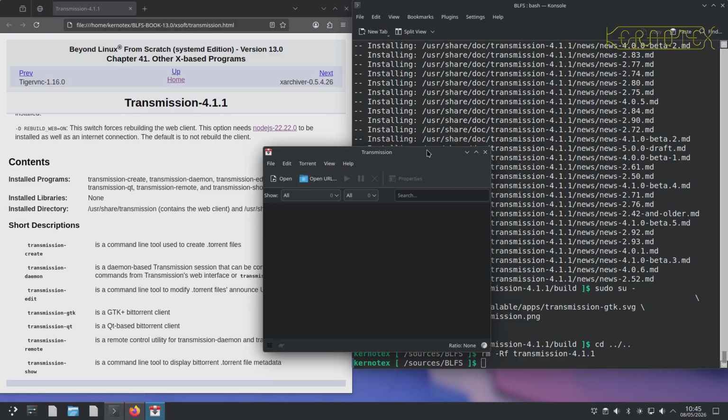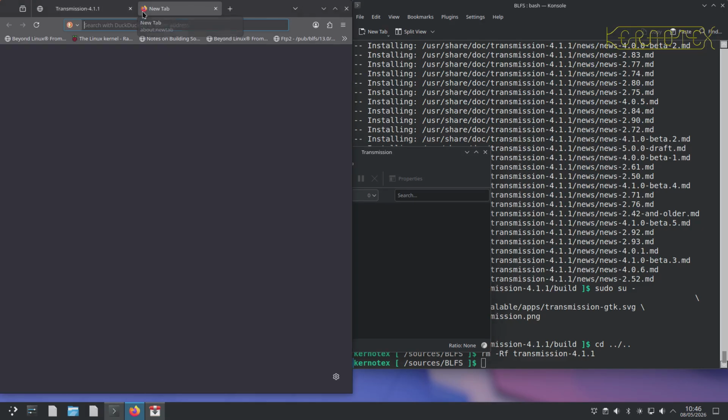I had thought about doing Factorio as an example of a commercial game to install, but I realised that there's no version available that will run on the Raspberry Pi architecture, so I've had to cancel that. So what I might do is I'm planning on showing the installation of another game called Zero AD,